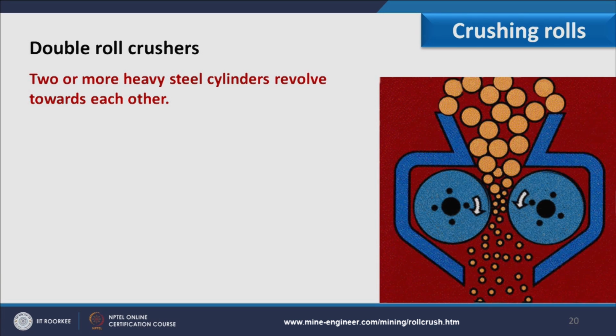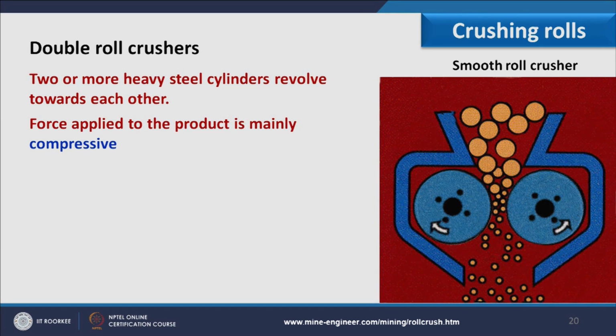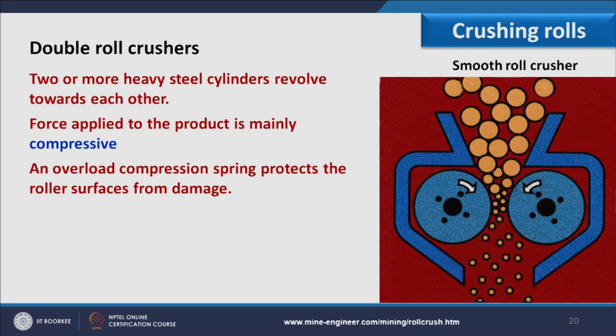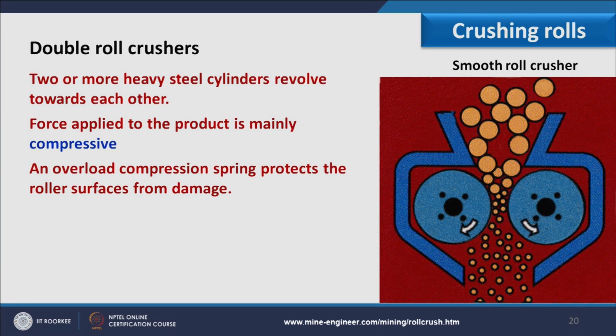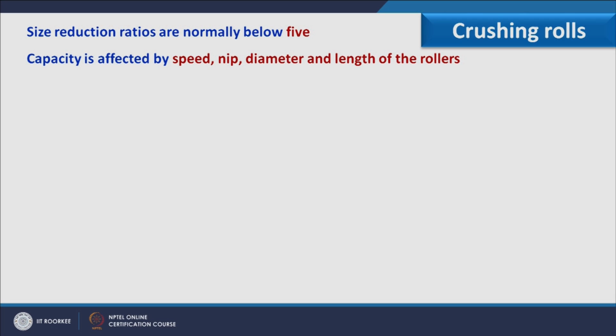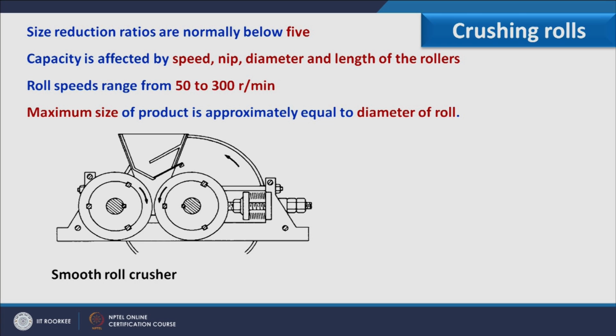So two or more heavy steel cylinders revolve towards each other in a double roll crusher. Force applied to the product is mainly compressive. An overload compression spring protects the roller surface from damage. The distance between the surfaces of the rollers is termed the nip. Size reduction ratios are usually below 5 for these double roll crushers. Capacity is affected by speed, nip, diameter and length of the rollers. Roll speeds range from 50 to 350 rpm,